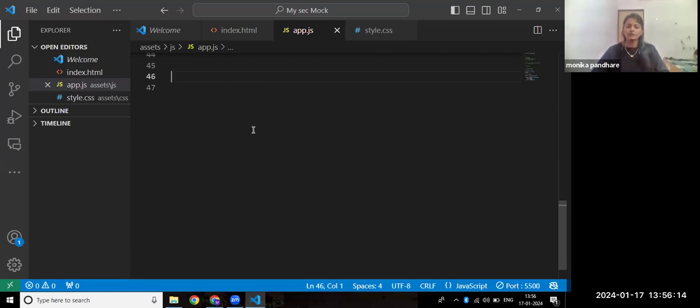The map method gives a new array, and if we have to apply the same functionality on each and every element, then at that time we use the map method. And for the forEach method also we apply the